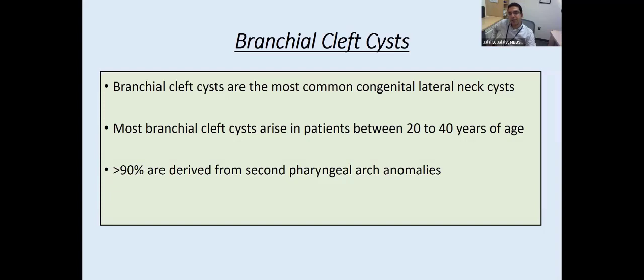of cases. And those are usually associated with ear abnormalities, like ear discharge or a pit around the ear, because that's the location of the first branchial arch. The third and fourth branchial arch cysts or sinuses or fistulas are the least common, and usually those can be associated with a pit around the piriform sinus.